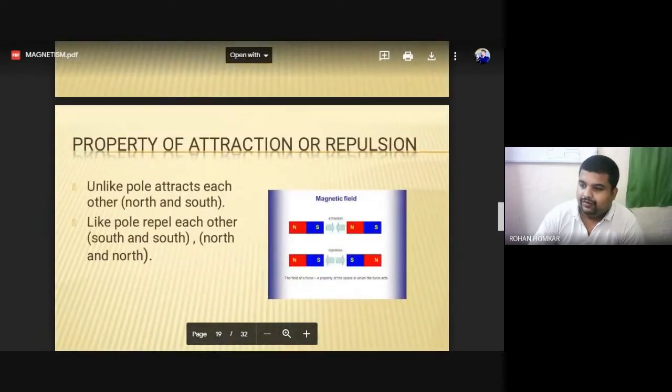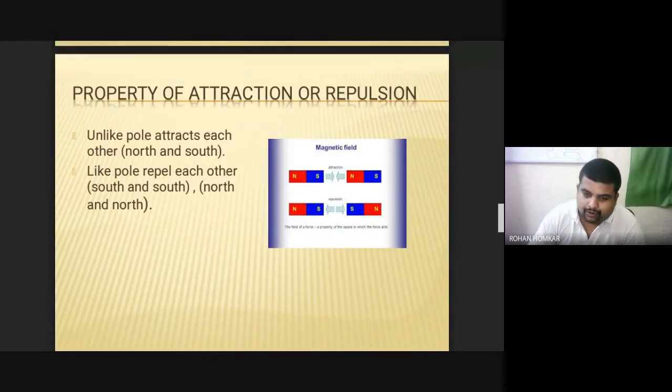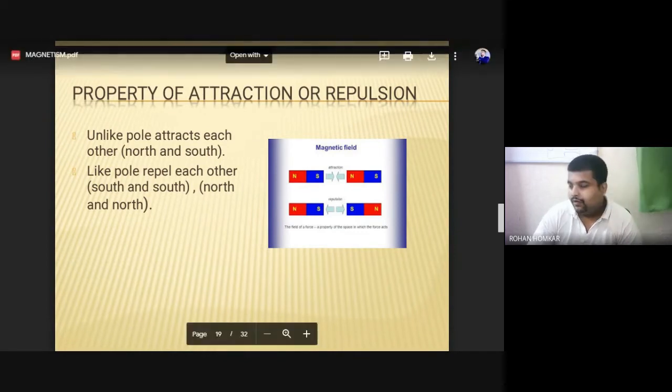Okay, moving ahead with this, again a very important property, and we can say that this is a this property is a identifier property. I hope I am audible to you all. Just type yes in the chat box so that I can understand my audio is clear to you.